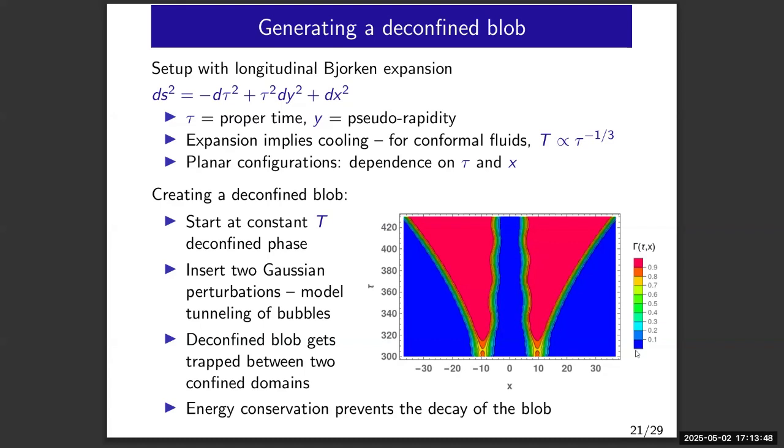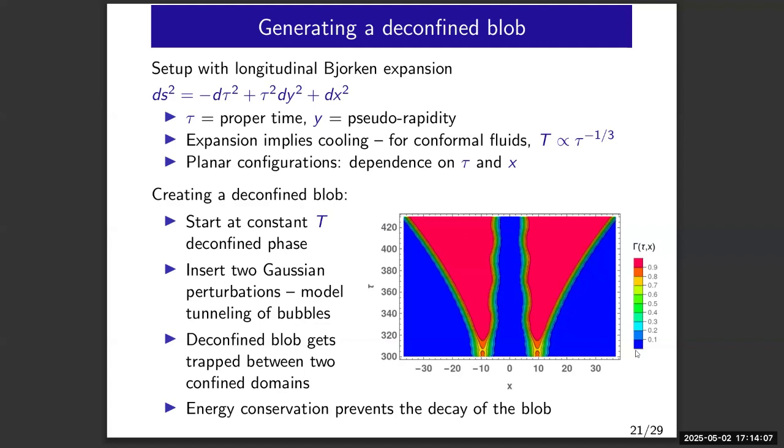So this contour plot here shows the value of this gamma field. Gamma equals 1 is confined and gamma equals 0 is deconfined. These red regions here are confined. So therefore you get this deconfined blob here trapped between 2 confined regions, which